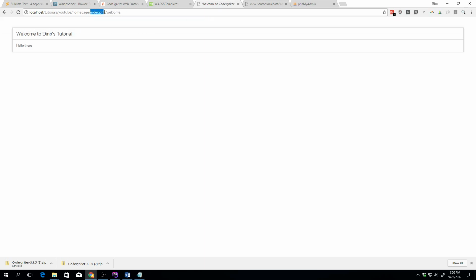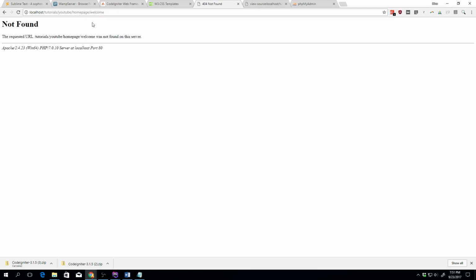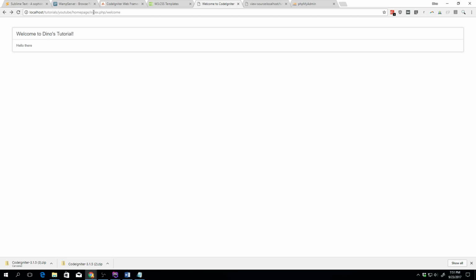So in order to get rid of this file, you have to do a .htaccess file, which I won't go into. But once you do, you would be able to enter something like that, which of course currently doesn't work because we don't have that .htaccess file to tell our Apache server what to do. Maybe in a later tutorial I'll show you how to get rid of this, but for the time being, just know that